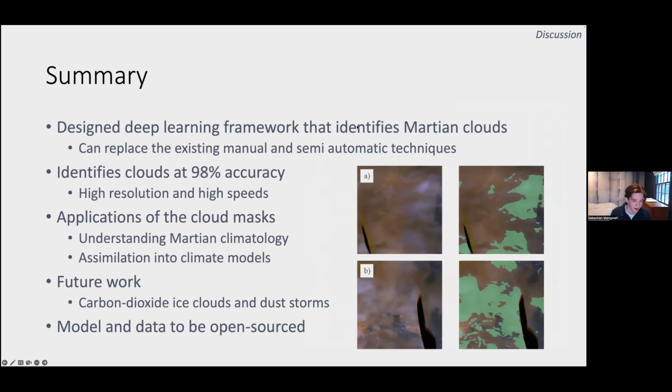So in summary, I have designed a deep learning framework that identifies Martian clouds. This can replace the existing manual and semi-automatic techniques and hopefully at least accelerate their processes when trying to research and classify these models. The clouds are identified at 98% accuracy with high resolution and high speeds. We can use these cloud masks to better understand Martian climatology, and we can potentially assimilate some of these types of models and this data into existing climate models, which could get us a better understanding of cloud progression